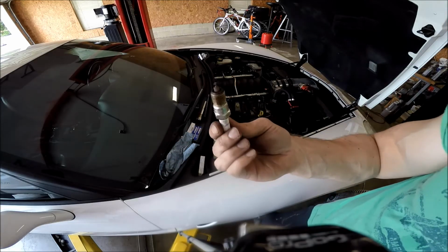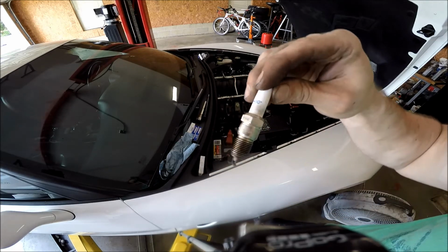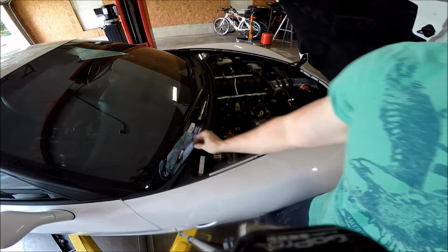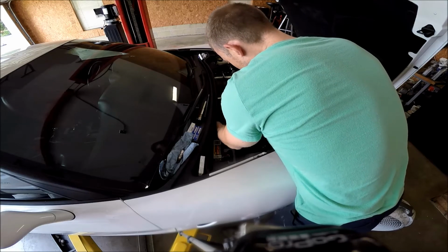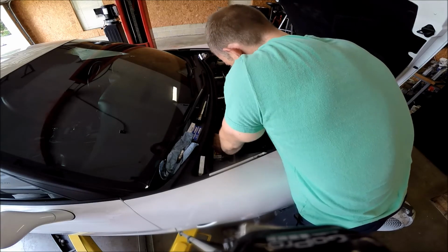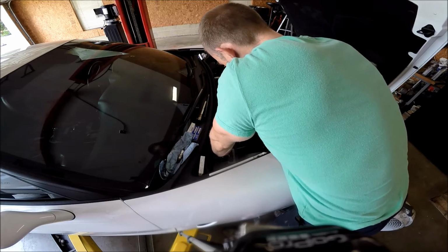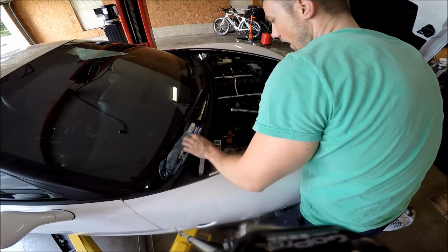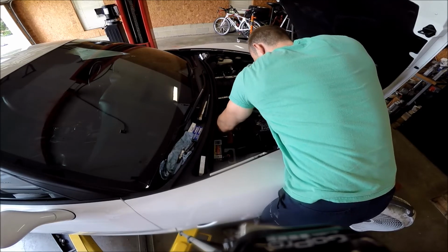So here's my old spark plugs. They've probably got 40,000 miles on them, and you can see that's the part number that I had before. So new one in, torquing it down. The spec on spark plugs is 11 foot-pounds, which ain't very tight. But because it's an aluminum head, I just don't want to cause it problems and strip it out,